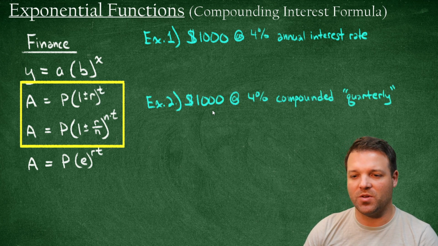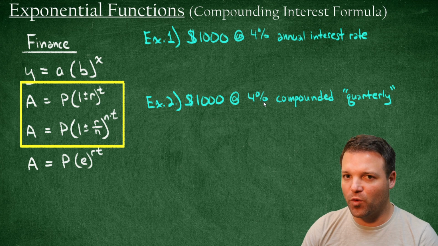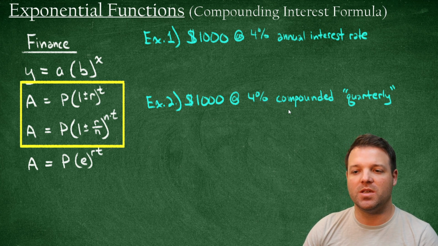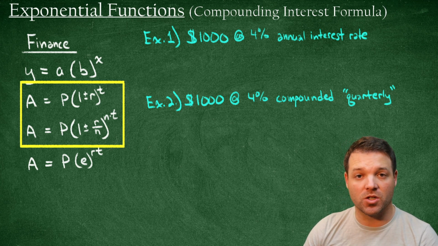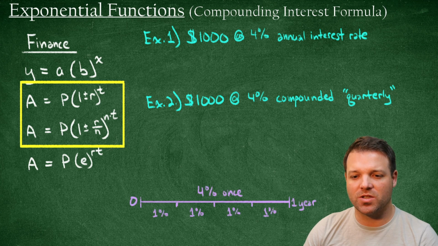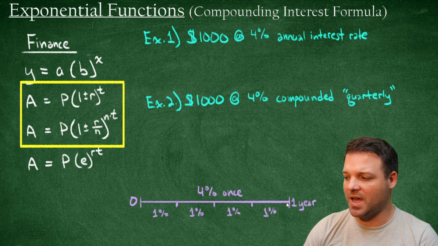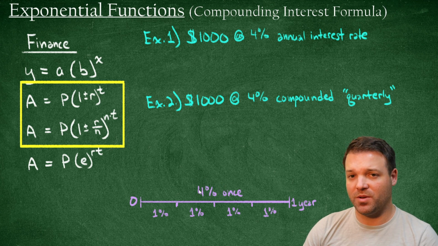And our second example that we're going to compare this to is going to be a compounding example with the exact same starting amount of $1,000 with the exact same annual rate, 4%. However, it's going to be compounded quarterly. Okay, so what does it mean to be compounded quarterly? Well, quarterly essentially means that if we have 1 year as our timeline here, and we're applying the first one, that's just, hey, we're going to apply 4% one time. However, if we're going to compound quarterly, that means we're going to take that 4% and we're actually going to split it up